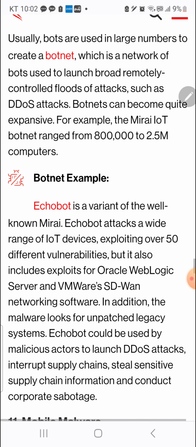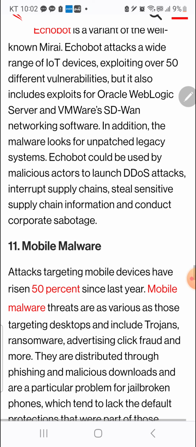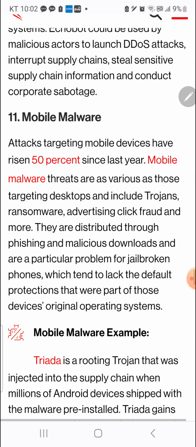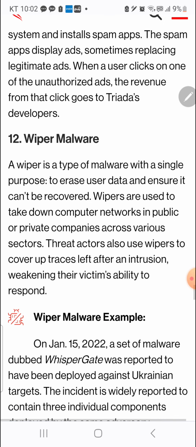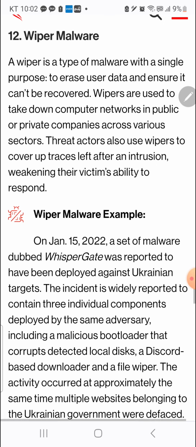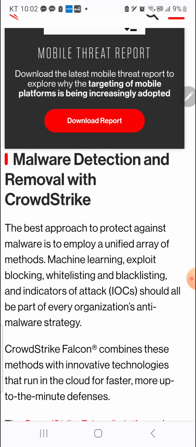Botnet, network of bots, IoT attack, EchoBot, mobile malware, Triada, pre-installed, wiper malware. It wipes down every software.